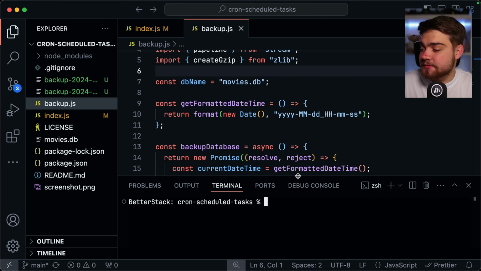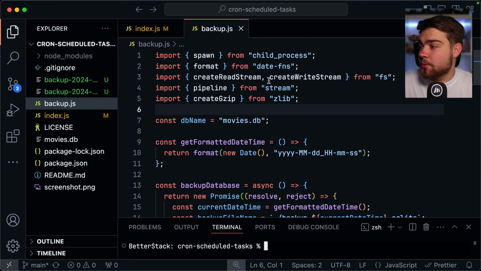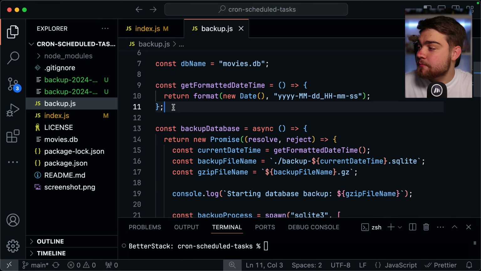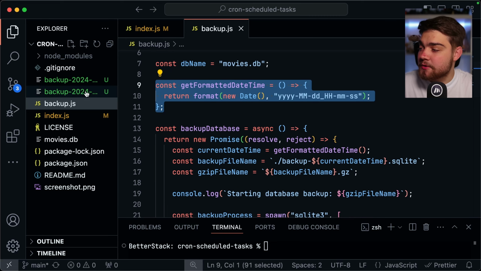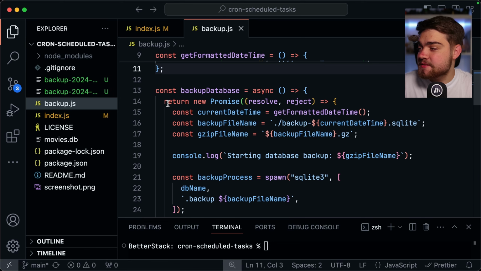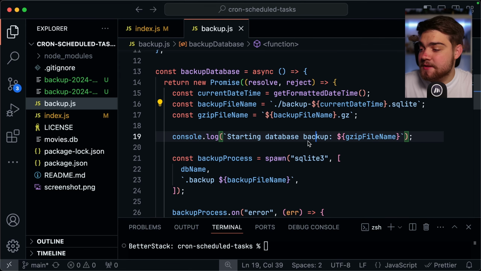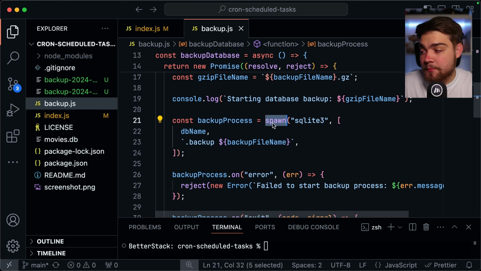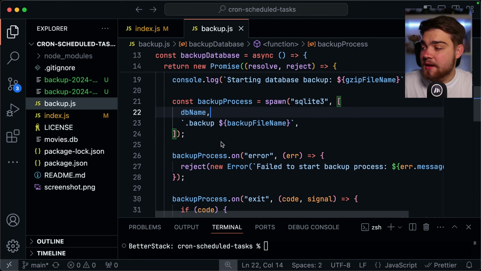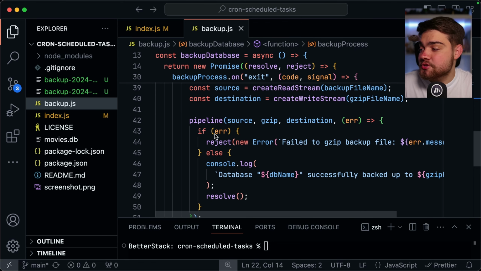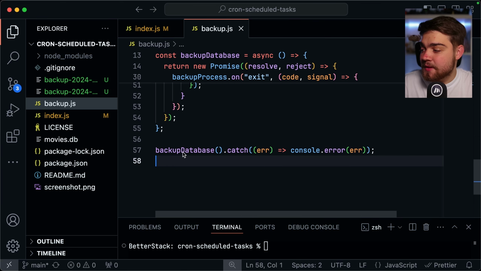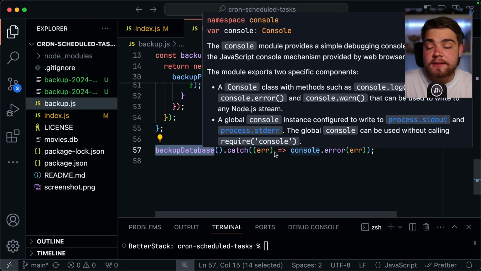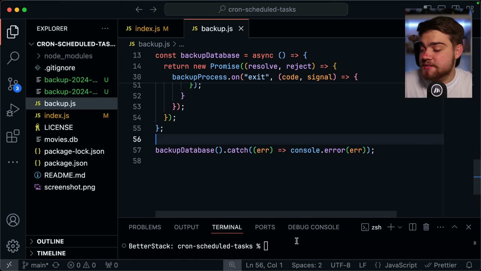So we can see in here, if I just look into the code quickly, we have the database name. We get a formatted time just so the file names look nice. And then we have this backup database function, which is going to be the one that I want to schedule. Inside of here, we spawn the SQLite server and we connect to our database essentially. And then we run the backup functionality all in this line of code here. And you can see this is where I'm using the backup database function to actually do it when I run